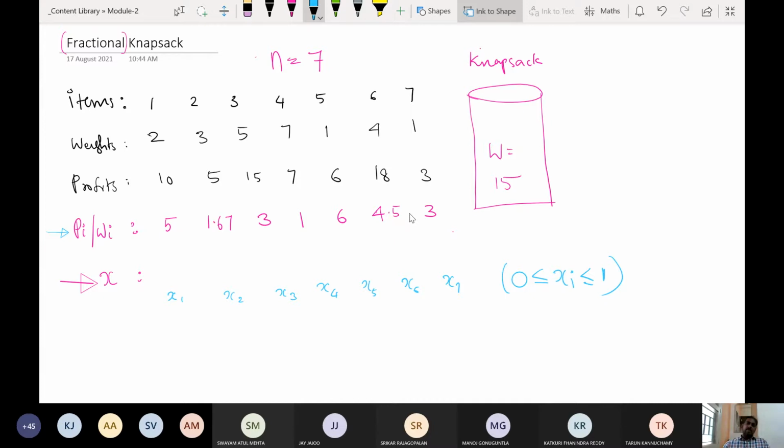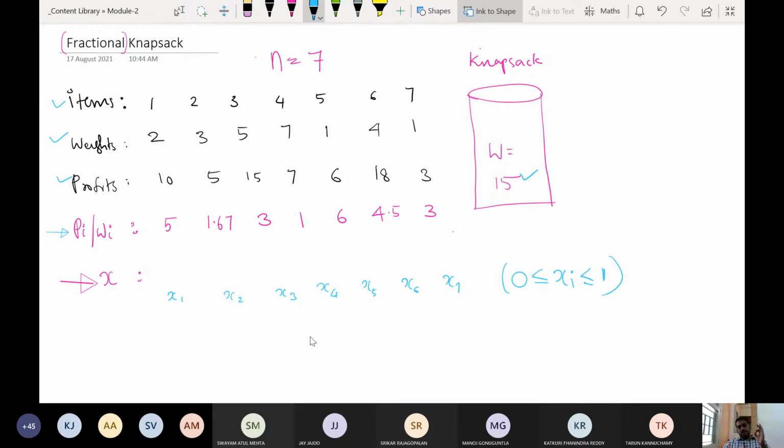If you write all these things in the form of an algorithm, the problem is solved. But for this particular example, let us demonstrate the problem. So the first thing is, this will be given, this will be given, this will be given. Everything will be given in the question.